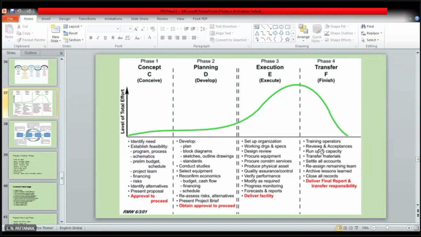In project-oriented companies, you will find that employees are allocated to a project. Maybe they have to relocate. They will go to some other place. They will stay there for some years or some months. Then they will complete the project. So they'll come back to their parent organization or the headquarters. Once they come back, they will wait for the next project. This way, project-oriented companies organize their workforce. They allocate their workforce to various projects, and they withdraw them after the end of the project. This way it works.